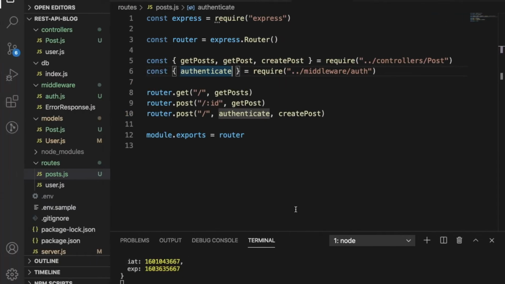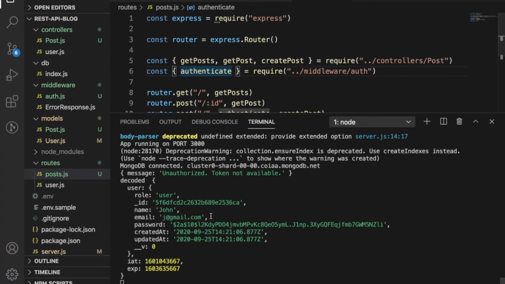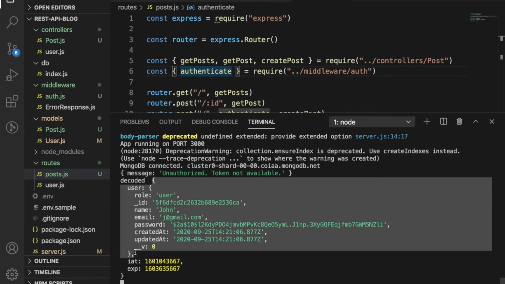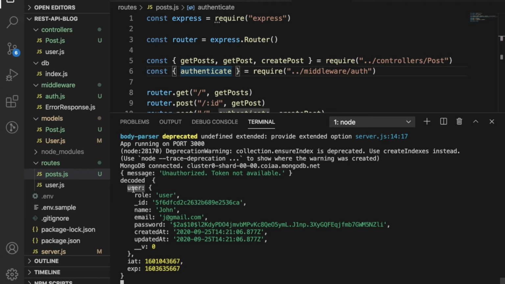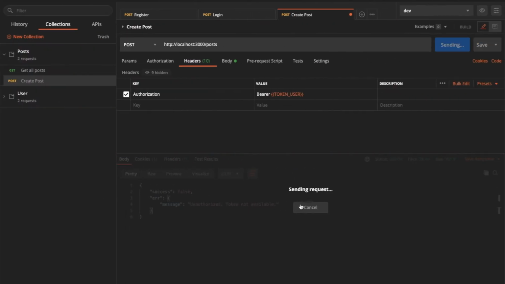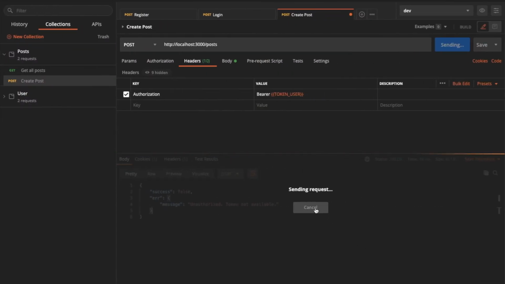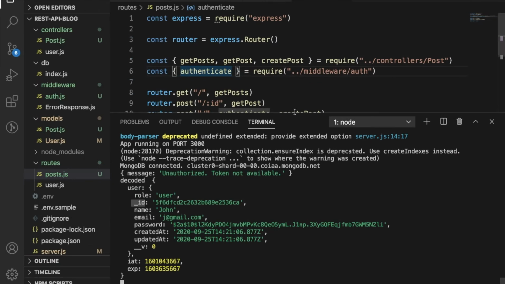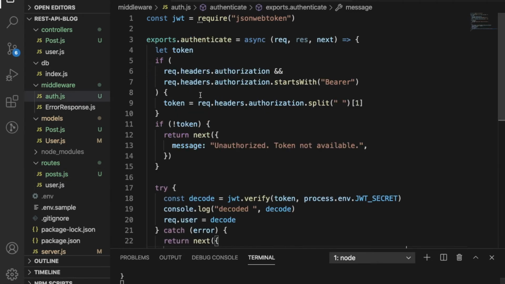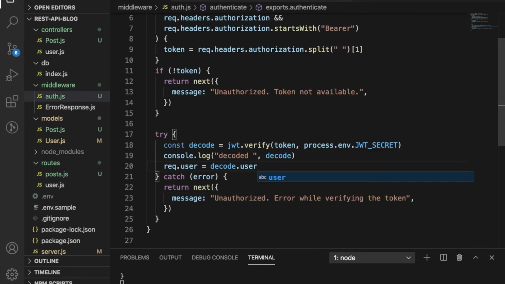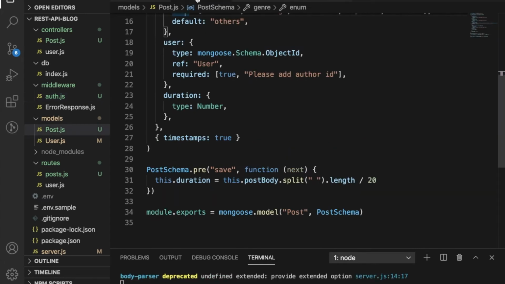Something went wrong. So decoded. So we have decoded here. We need to access the user inside the decoded and then the ID. So I think what went wrong is that I'm not seeing any error here. We are just not getting back any response. But I came to know that we have to access the user like this, decoded dot user. Let's do that. So decoded dot user, we access the whole decoded object, we access the user inside that, we assign that here, and here in the post,